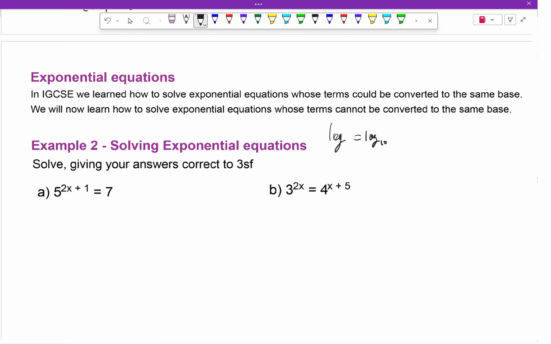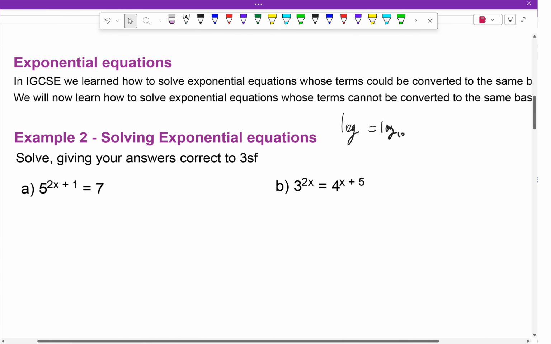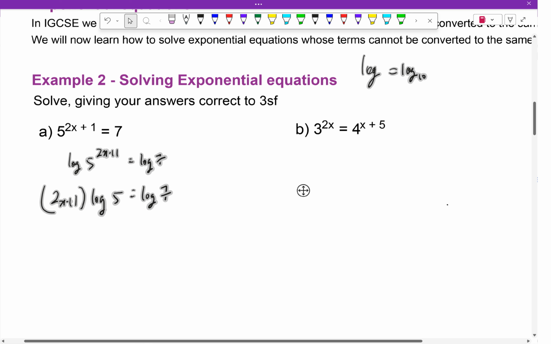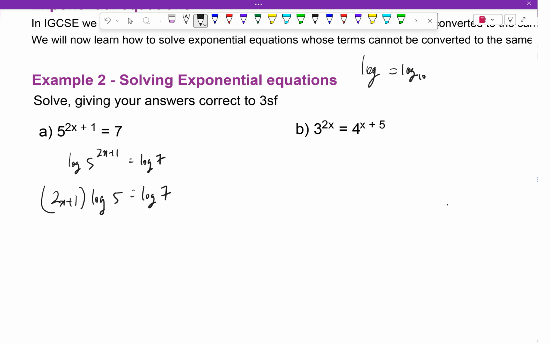Okay, so let's have a look. 如果我看到这样子的 rule，the x is at the power，那我会做的东西是 log both sides。Why is that？因为这样子我就可以把我的 x 搬下来。